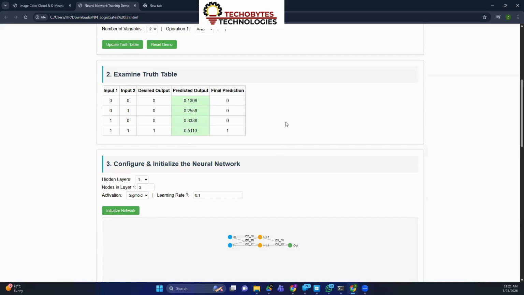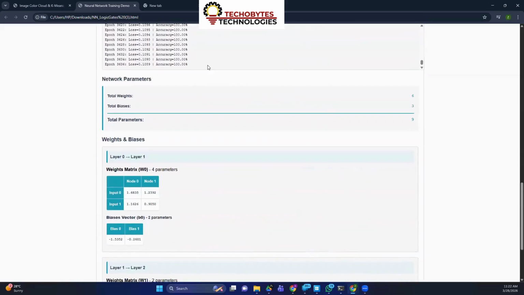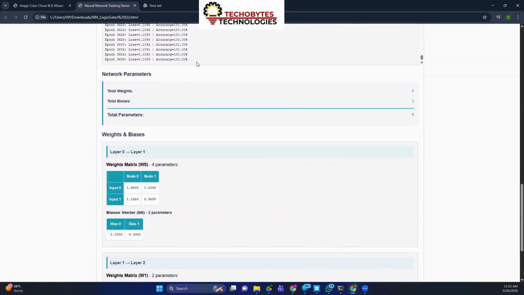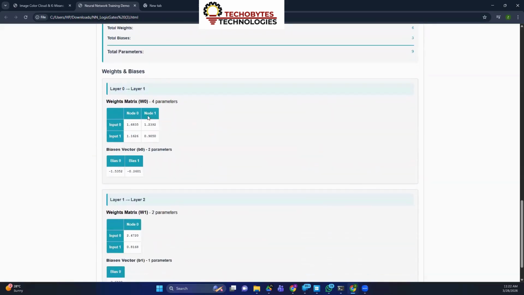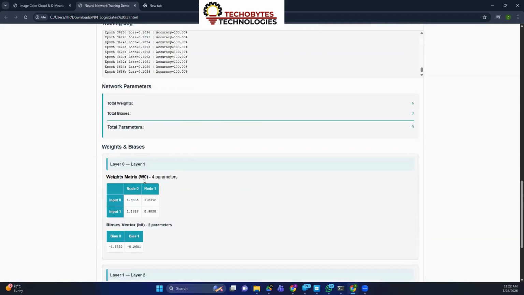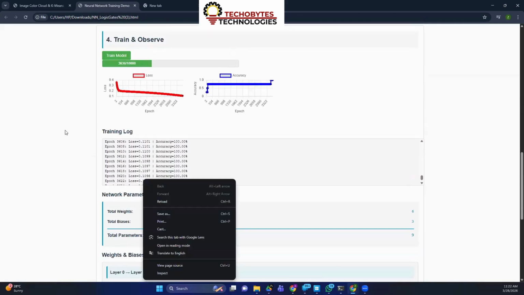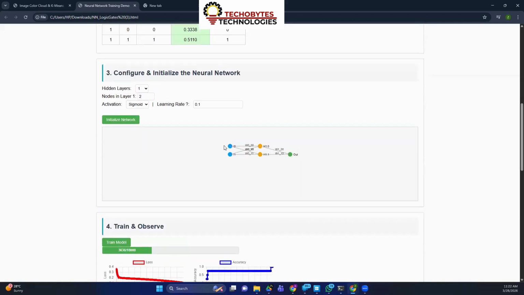Now you see the model can be called a learned model. When you say learned model, you see accuracy has reached 100%. Okay, I'll repeat myself. And then you also have your weights here. If you want to understand it better,